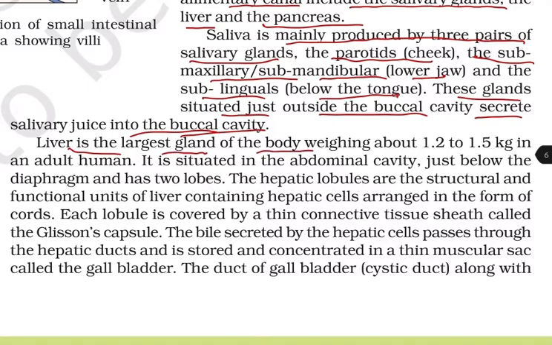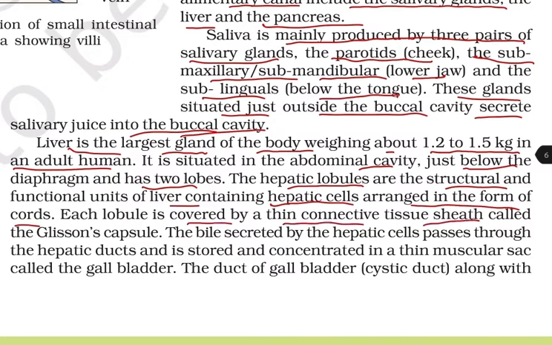The liver is the largest gland of the body, weighing about 1.2 to 1.5 kg in an adult human. It is situated in the abdominal cavity, just below the diaphragm, and has two lobes. The hepatic lobules are the structural and functional unit of the liver, containing hepatic cells arranged in the form of cords. Each lobule is covered by a thin connective tissue sheath called Glisson's capsule, and the bile secreted by the hepatic cells passes through the hepatic ducts and is stored and concentrated in a thin muscular sac called the